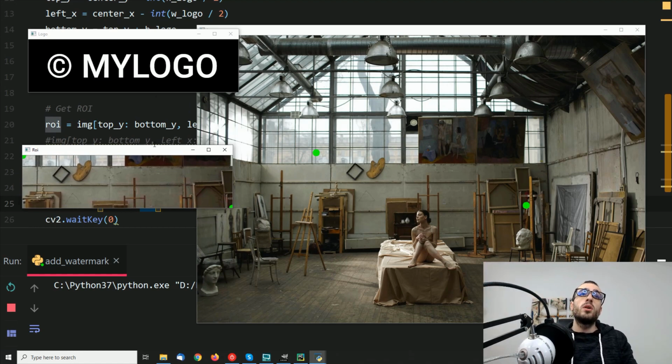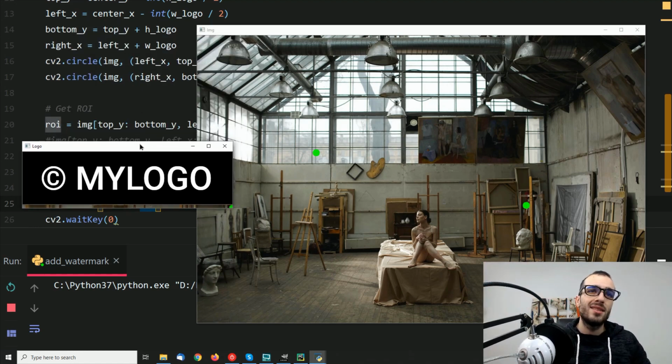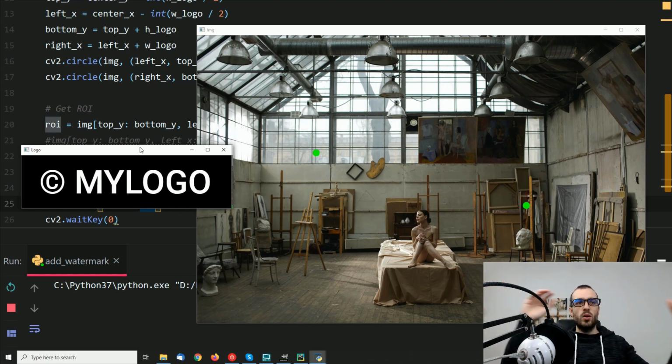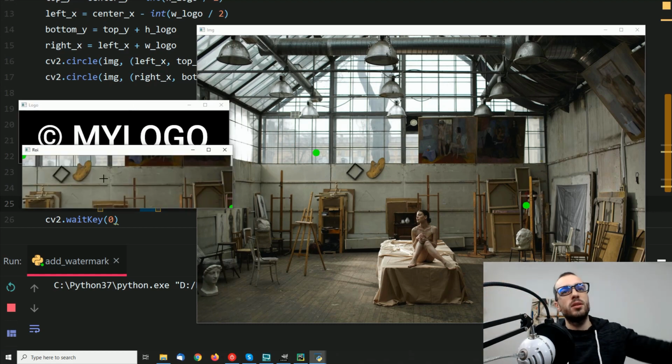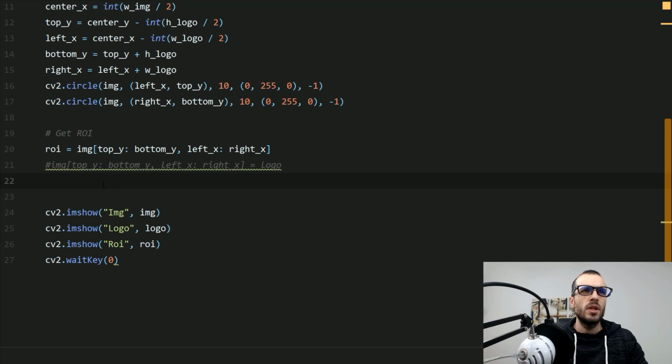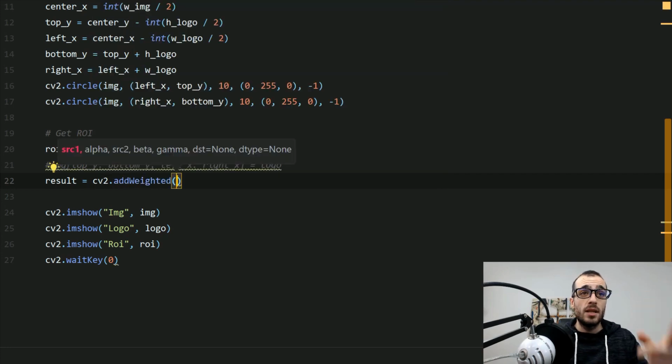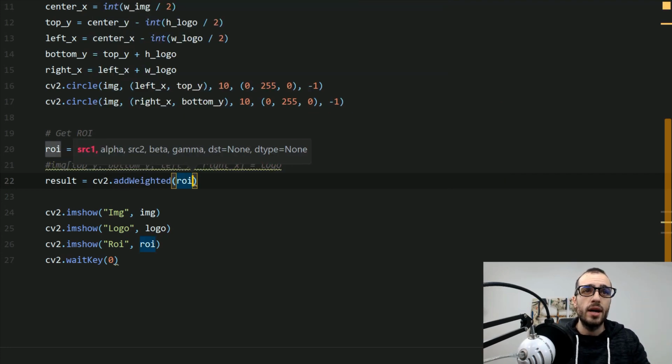What we do right now, we take the logo, we link somehow these images, and only then we can place the images together inside the original image. Let's do that. So we are going to add the ROI with the logo. We are going to keep the ROI as it is. Instead, we're going to give the logo a watermark effect so that there is some gradient of opacity. To do this, we're going to use the addWeighted operation. So the result is going to be equal to cv2.addWeighted, and then we take the ROI and we say 1